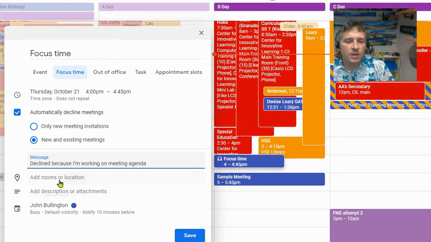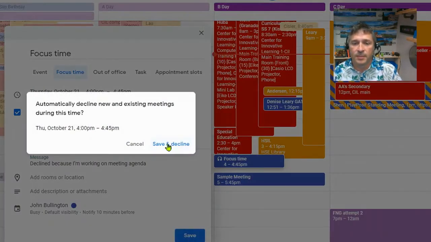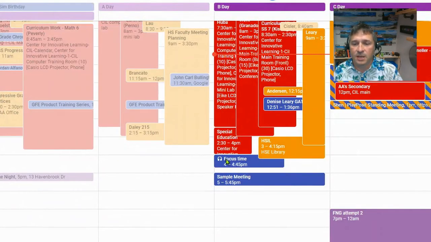All right. And you can do rooms and locations too. If you want to book a room for it, you can decide which of your calendars to put it on. But notice you don't have all the options that you do for an appointment, and there is no expand options here. Focus Time is only a single click on your calendar, and it's a very quick, brief meeting that you set up and say, save and decline any meeting attempts people send me for that time period